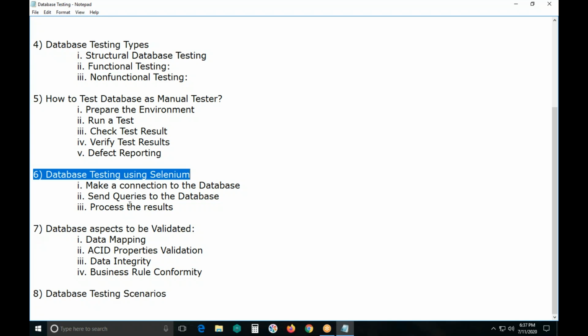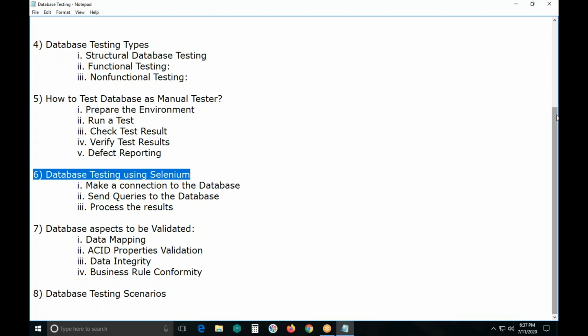To use Selenium WebDriver for database verification, you need to use JDBC, Java Database Connectivity. JDBC is a SQL level API that allows you to execute SQL statements. It is responsible for the connectivity between the Java programming language and a wide range of databases.